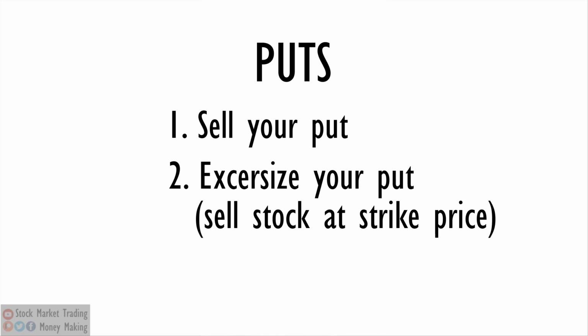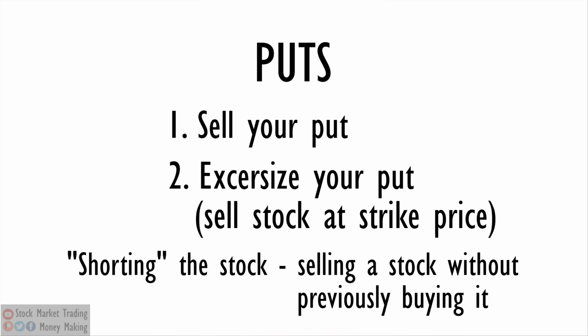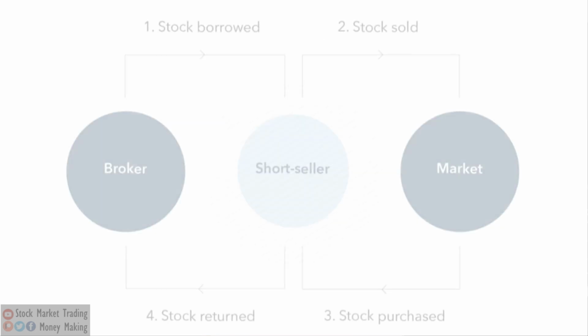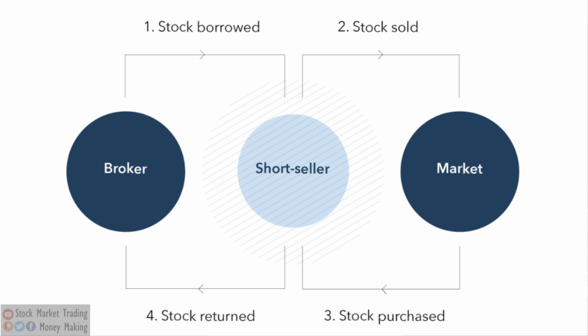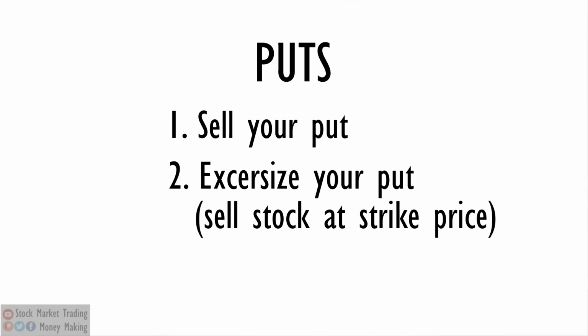Selling a stock without previously buying it is called shorting the stock. Yes, I know what you're thinking. How can someone sell the stock without previously buying it? Well, believe it or not, that's allowed. When you try to sell short, what happens is that underneath your brokerage company will find shares for you to borrow and sell. After you've sold it short, you're hoping for the shares of the stock to go down so you can buy those shares back at a lower price, keeping the difference in the process. So when you buy a put, you reserve the right to sell short the stock in the future at the strike price. Just like with calls, when you buy puts, you have two choices: to sell the option itself or to exercise it.